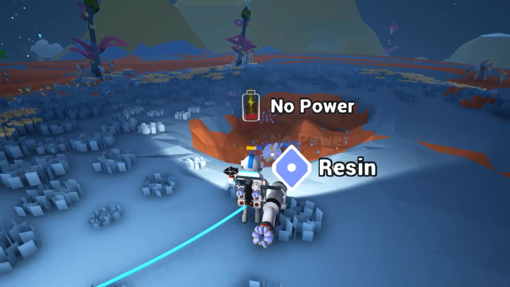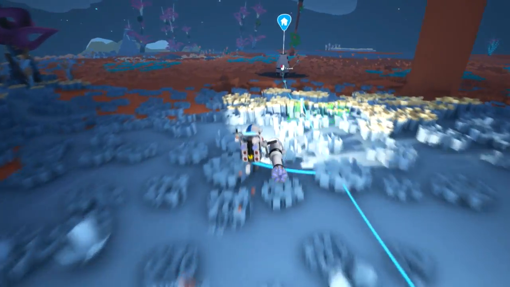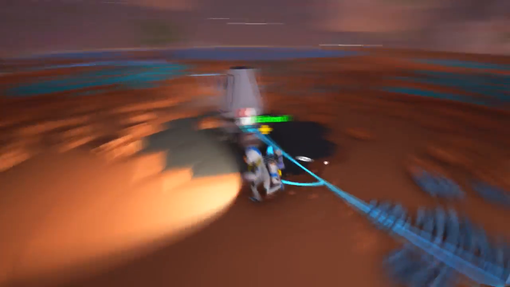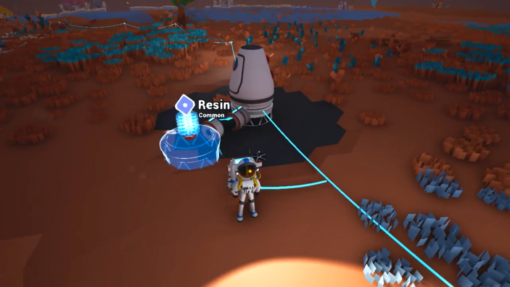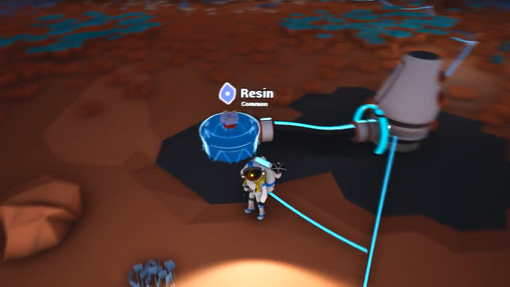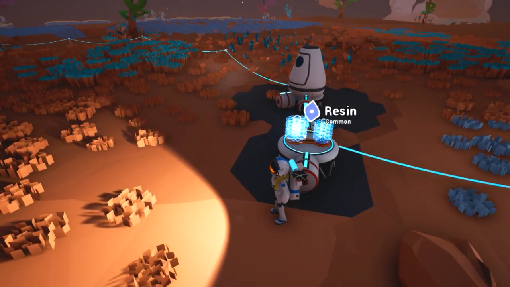Now resin is important for expanding your base, and that's pretty much it. I got 2 pieces of resin. If we take that back here, you see there's this little tube thingy sticking off the side and it says extend. If you click extend, it'll give you a hologram of your extension and tells you need 1 resin to build it. So you give it resin, and now you have a new platform,